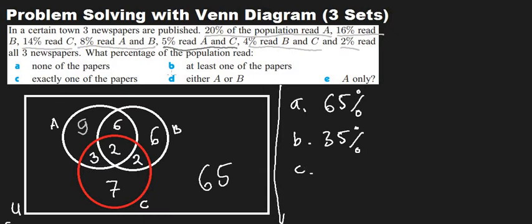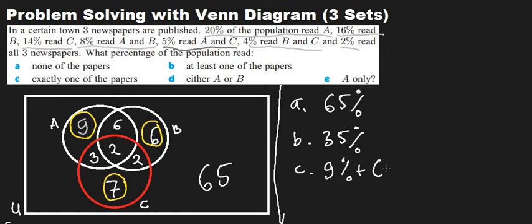C. Exactly one of the paper. Now this is exactly one. So the one that read exactly one, this one exactly one, which is A. This 6 also read exactly one, which is B. This 7 read exactly one, which is C. So if we combine them together, we have 9%